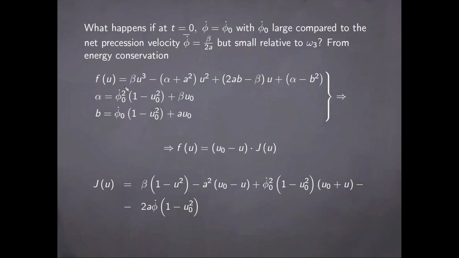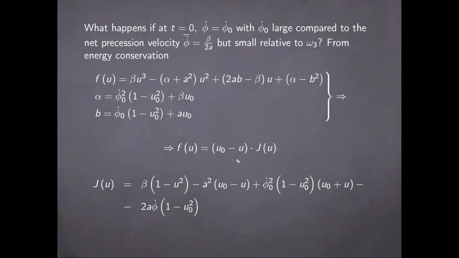Then from energy conservation we have the same cubic function f of u, but the constants alpha and b are slightly more complicated as they involve a term having this initial precession velocity included. And by inserting these in the function f of u, the calculations are simple but quite lengthy, and what they lead to is the conclusion that f of u can be once again factorized